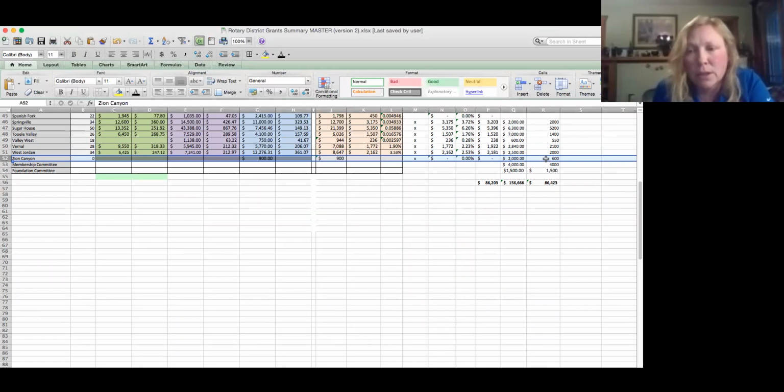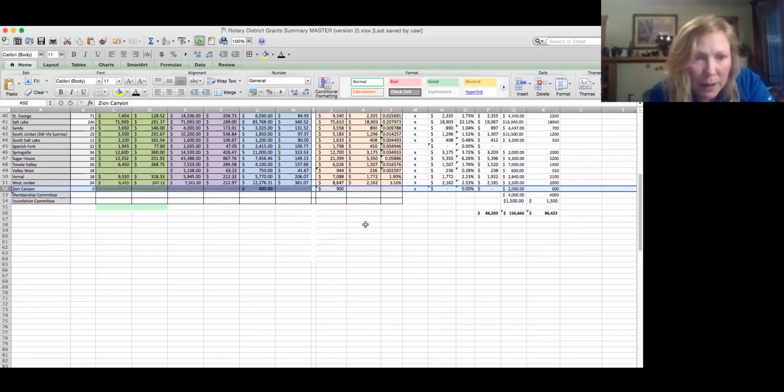They got $600 just because as a new club, even though they didn't have the full 3 years, they did have some foundation giving, and we wanted to encourage them to get on board with foundation giving, because this is really a symbiotic process. We want people to use the grants, and we want them to be so excited about using the grants that they give more money, so that they get more grants, so that it's a